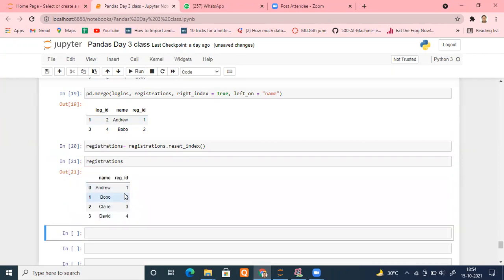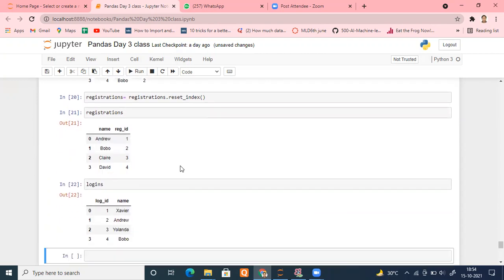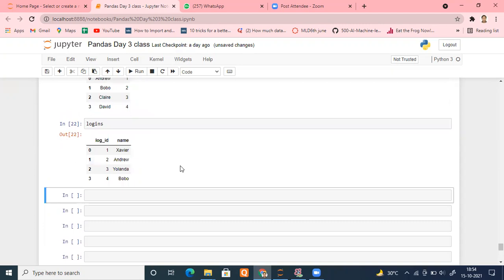Now, what may be the case that we were discussing every time? Both were having the same names, registration as well as login. So finding my key column was very, very easy. But sometimes it will not be the case. Sometimes it will be the case that you don't have the same name for the key columns. Suppose I'm changing the name of the columns. So I'm typing one simple thing. How can I change the name? registration.columns.